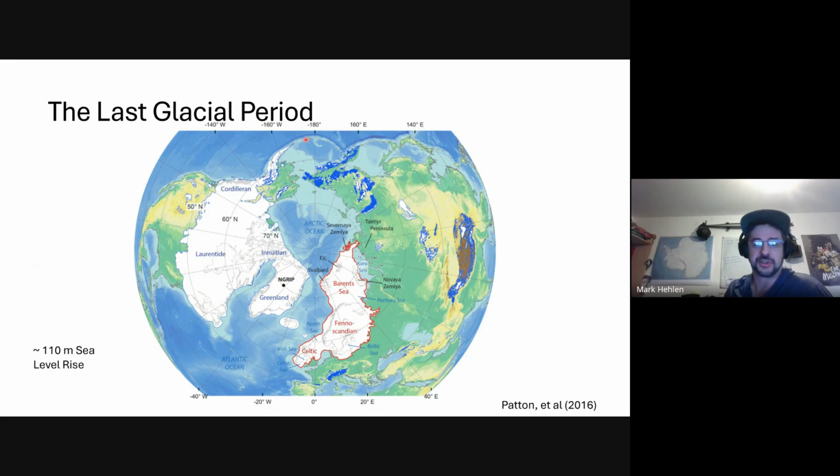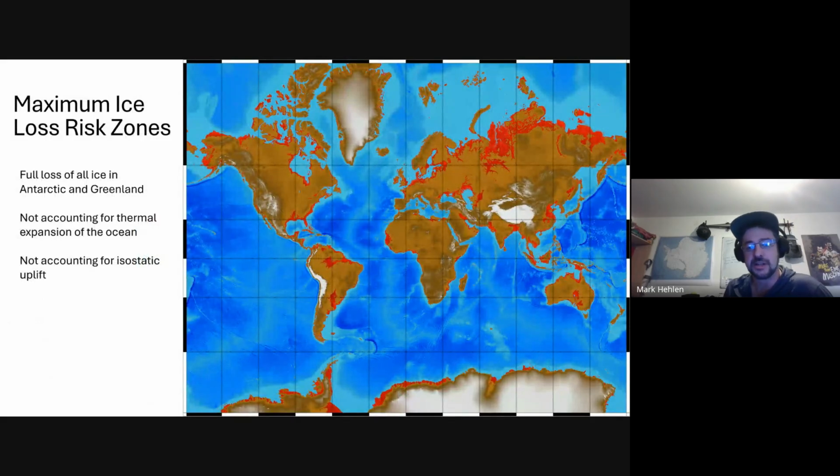So we had lots of coastal areas that may even have had civilizations at the time, but when they started retreating, like living people, not necessarily full-blown cities or anything, they started retreating after the last glacial maximum about 25,000 years ago until they were gone about 12,000 years ago, we would see a very large amount of sea level rise. Now, we can do some quick and dirty GIS work to just gain the idea of